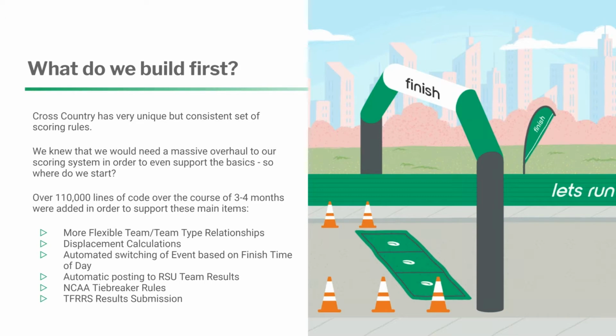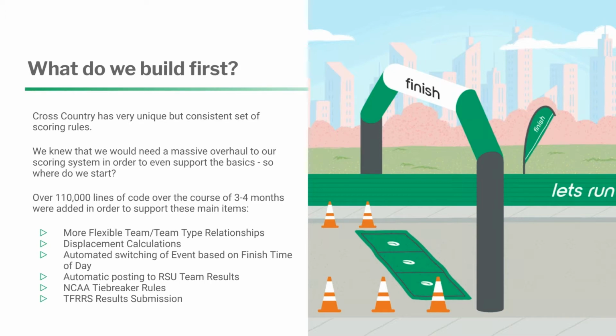Over 110,000 lines of code were added over the course of 3 to 4 months in order to support these main items that we're going to be going through today. So this new, more flexible team and team type relationship allows things like, hey, I've got a high school that has members in that high school, but